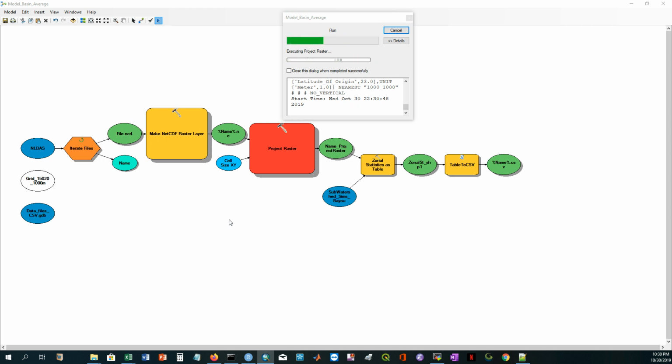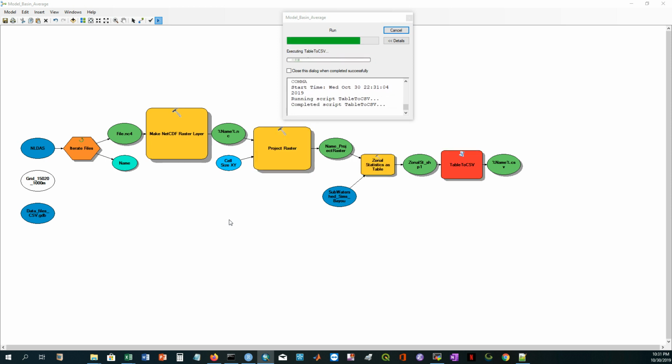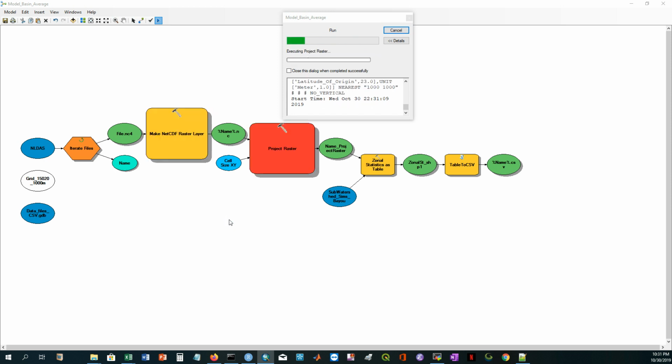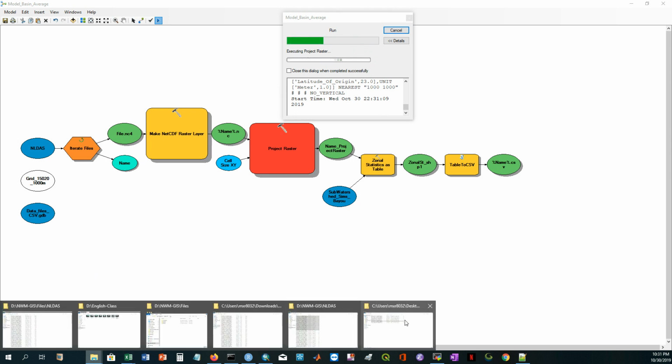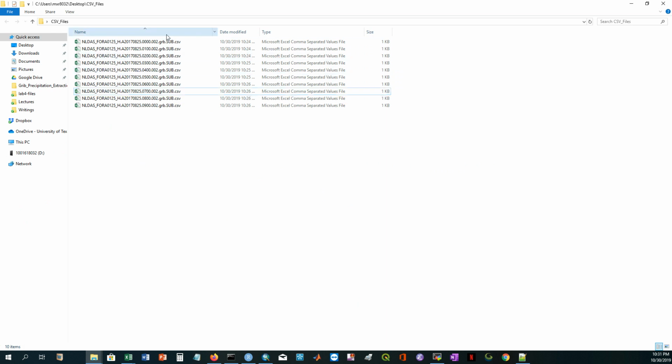But if you have many files, it will take several days to process this NetCDF file to make your CSV file, and then you can process this CSV file to make another time series. So after completing this process, in the next tutorial I'll show you how to process this CSV file to make